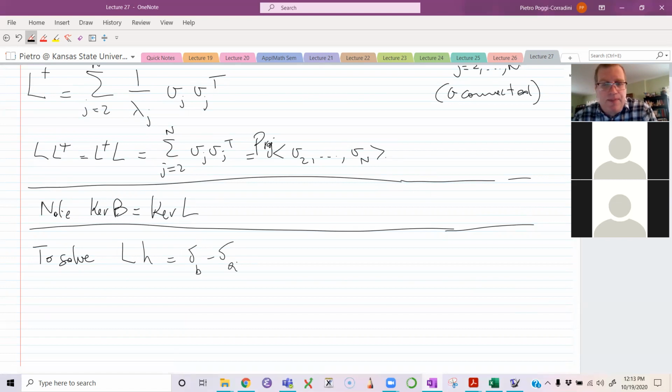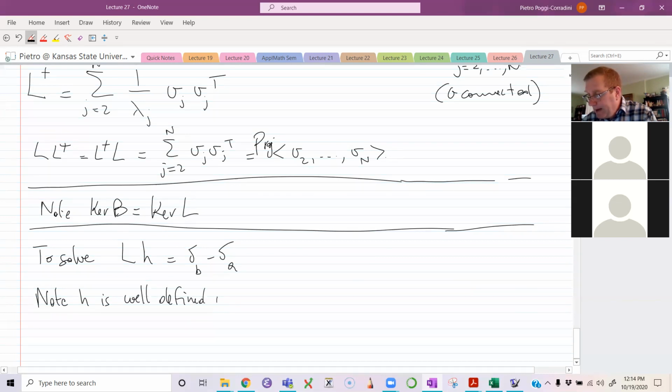So actually, you can always add a constant. So note H is well defined up to an additive constant,